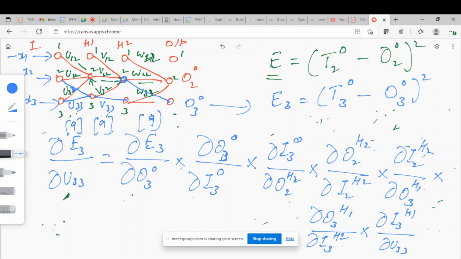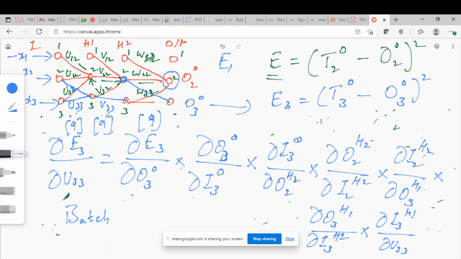Generally what we do is batch processing. What does batch processing mean? With the first input, you see what the error is. Note that we are talking about only one neuron of the output layer. Like that we have to do it for all the neurons of the output layer, but let us take one neuron of the output layer alone. So for this neuron, for the first set of input, what is the output and what is the error? Let us call it E1.